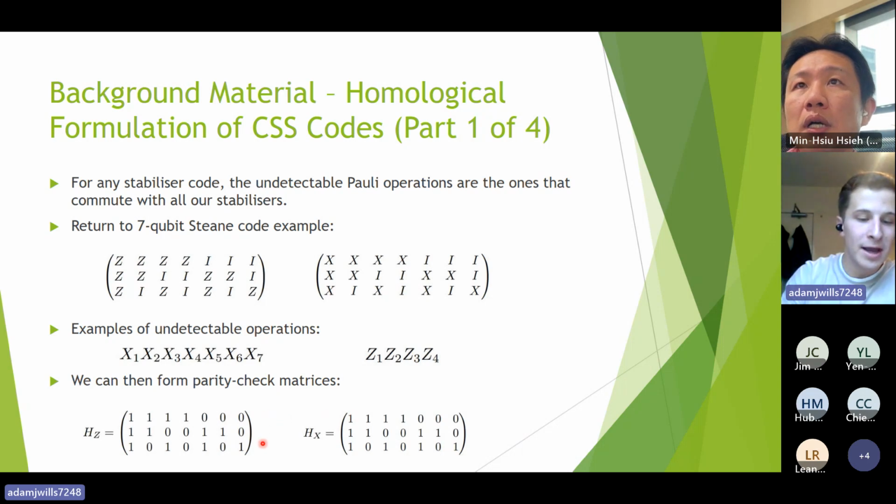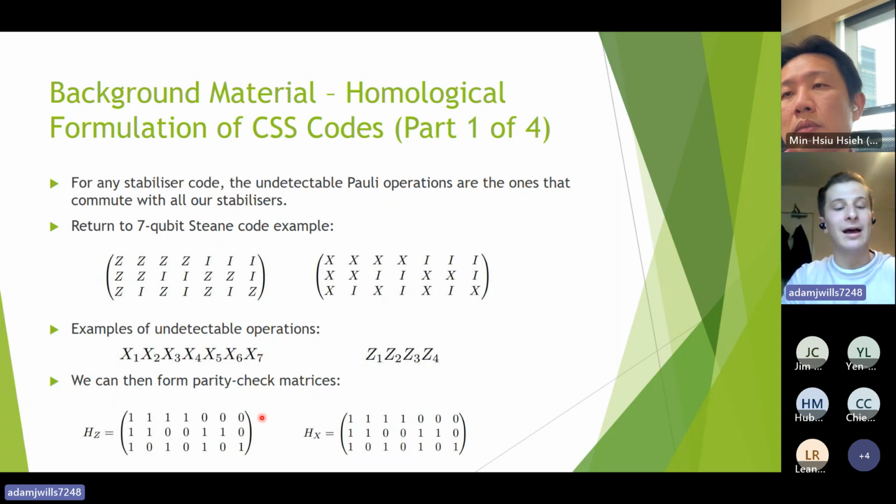So if we imagine the binary vectors that are multiplied to 0 by this matrix, those are going to be exactly the binary vectors that have even overlap with every row. And so, for example, the all ones vector 1, 1, 1, 1, 1, 1, 1 is going to be in the kernel of this matrix, and that exactly means that x1 all the way up to x7 is going to be an undetectable operation of X type. And you can convince yourself again that that's true